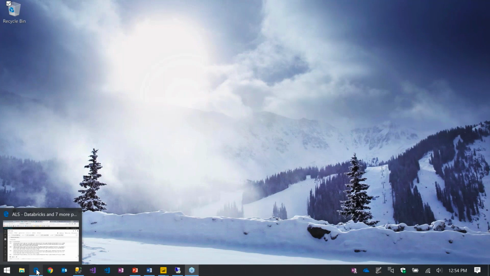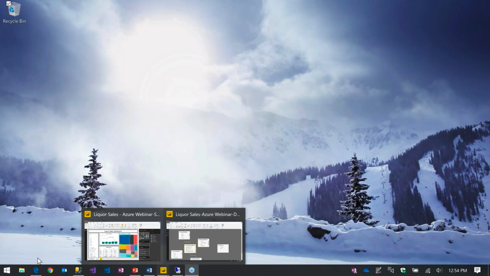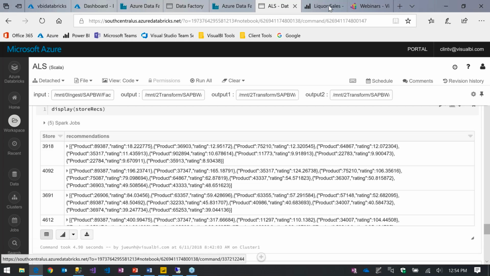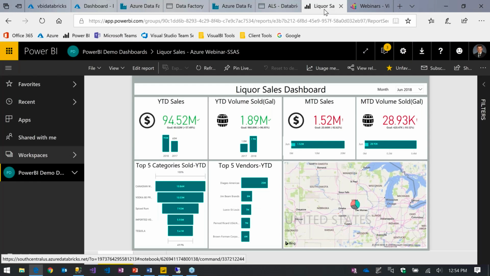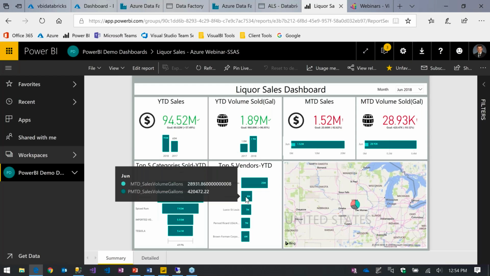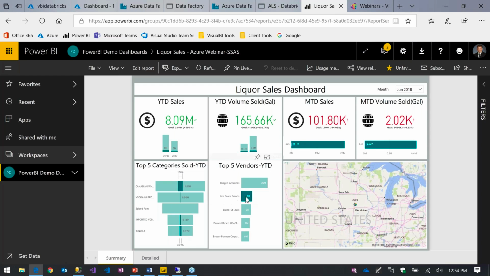Jumping back out. So from the desktop tool, I would publish to the service. So out in the service, it should look exactly the same. So we can see here this dashboard, everything looks the same, still works the same. I can filter. I can filter by just particular things. All the data just jumps too. All that look and feel works the same.